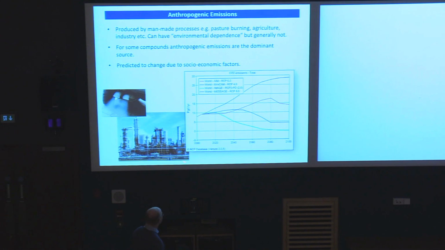Current scenarios that are being used are the RCP ones, representative concentration pathways. Here's an example of a plot of how carbon dioxide emissions might change in the future, depending on what kind of storyline you choose to follow. It will be interesting to see, as time progresses, how the real emissions, or the emissions that have been quantified, will follow these pathways.